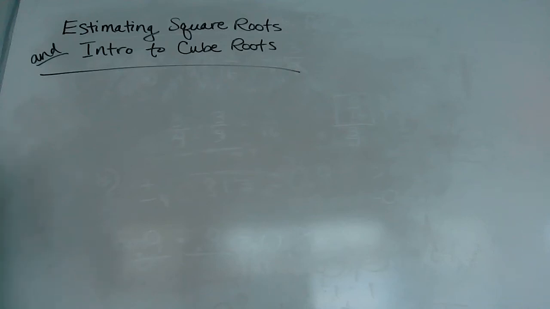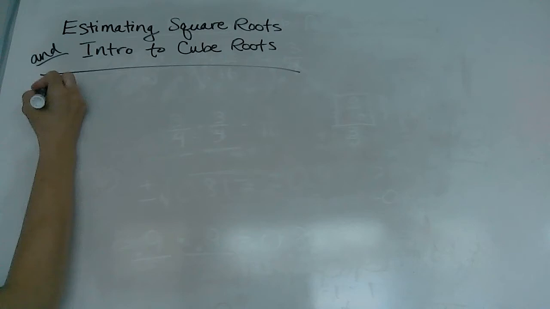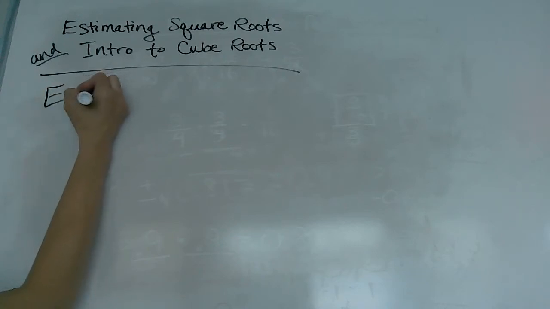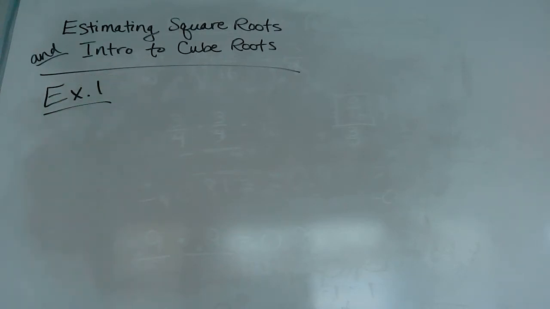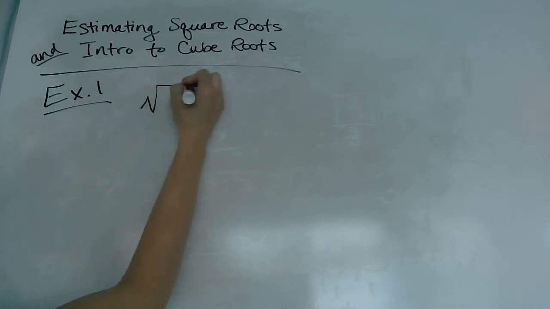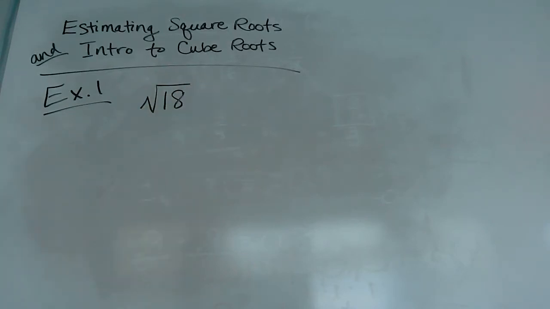Hi, we're going to be talking about estimating square roots, and then we'll do a quick little introduction to cube roots today. So, estimating square roots is what you need to do when you don't have a perfect square. If you don't have a perfect square, you can still get a rough idea of what the value of that square root is. So, for example, if we have the square root of 18, you might notice that 18 is not a perfect square, and if we need to estimate this,